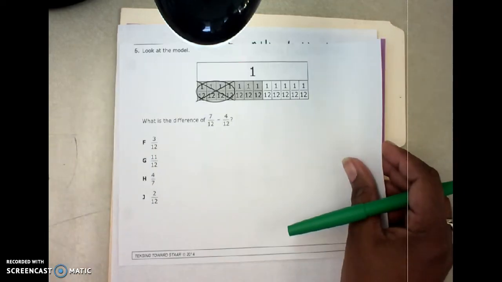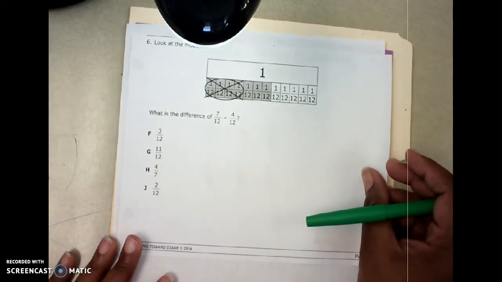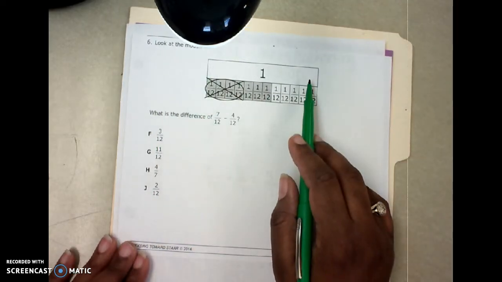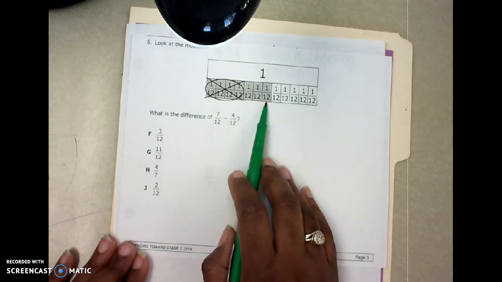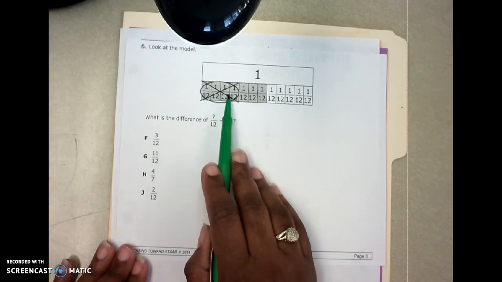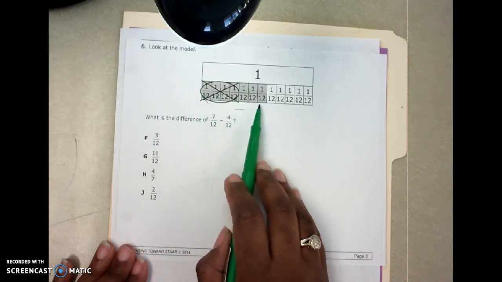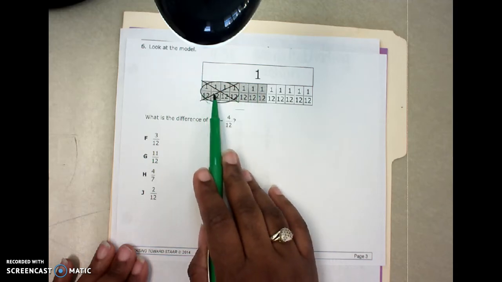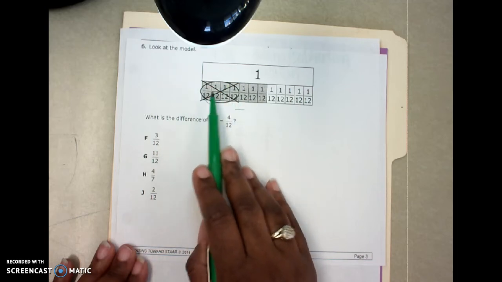Let's look at this one right here. This one shows us a whole again. They're 12s. Now look at my shaded pieces. How many shaded pieces do I have in all? 1, 2, 3, 4, 5, 6, 7. So I have 7 shaded pieces, and then I have 1, 2, 3, 4 12s that are circled and